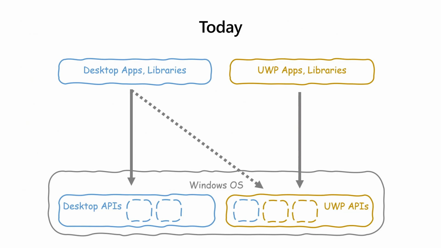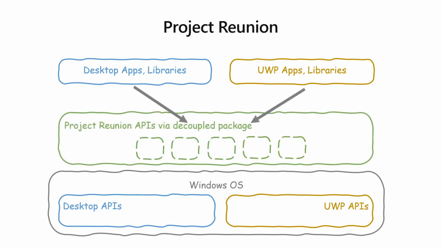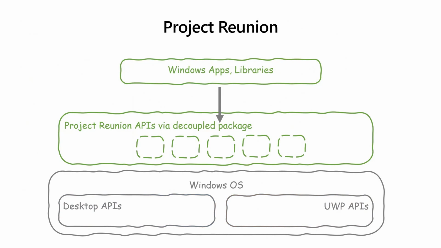So in order to do that, with Project Reunion, we've started the process of taking the APIs you already use today across UWP and desktop apps, and we're decoupling them from the OS and making them available instead via package managers like NuGet, which is our package manager for all types of apps. And so we think this will allow you to mix and match from the APIs that work best for your app and adopt new capabilities on demand. And over time, our goal is that this will allow the distinction between apps that see themselves as writing to either the desktop APIs or to the UWP APIs to really fade away. We also think that shipping with this model also has some other benefits.